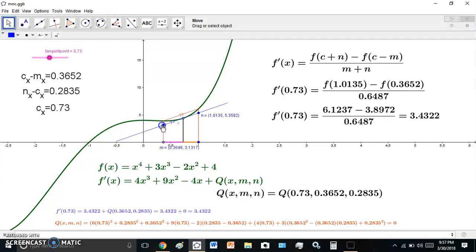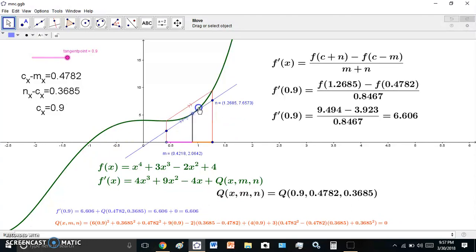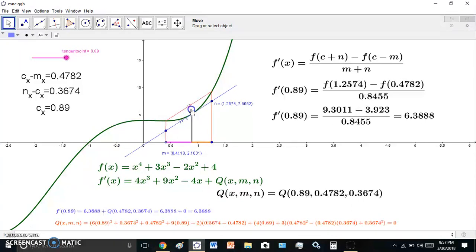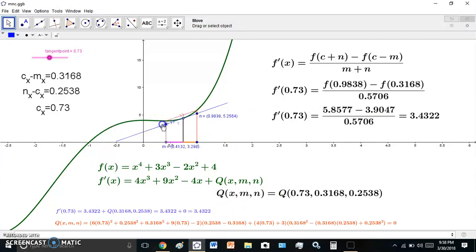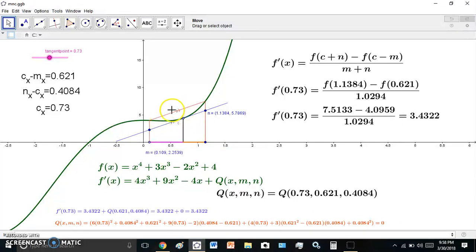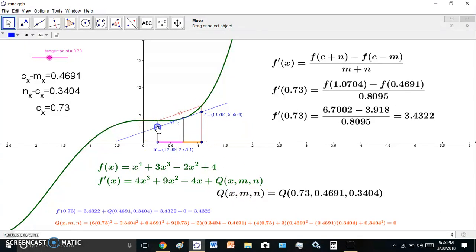So see, this gradient here is always the gradient of the tangent line. It doesn't matter where it is, okay? It's always the gradient of the tangent line. So it doesn't matter how close I get there. There is no secant line with a 0, 0 pair. In other words, there is no secant line such that this is 0 and this is 0. See, there can't be, otherwise it's not a secant line.